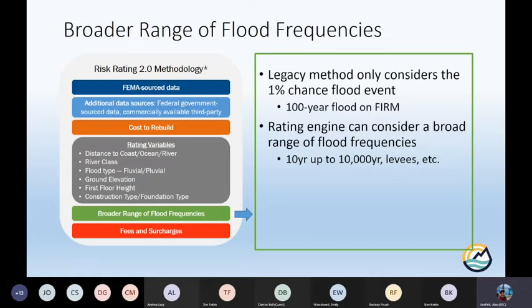Another thing that's going to be factored in with the broader range of flood frequencies is that they're also going to be considering levees. So accredited levees are going to get the best possible rating because it's accredited, it's held to a much higher standard, it's going through inspections, it's having ongoing maintenance done to it, things like that. But they're also going to consider unaccredited levees. Now, the benefits are not going to be nearly what the accredited one is, but it is going to consider some level of flood protection.